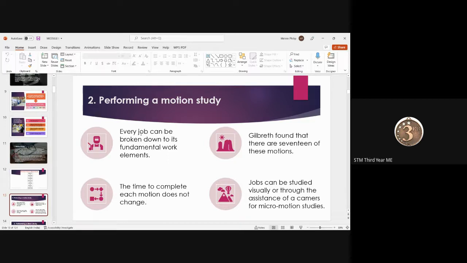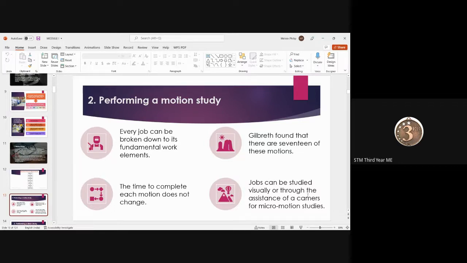That is the next procedure. From that job, we are figuring out all the operations. Each and every operation is collected from that particular work. So we are breaking down the job into work elements. That is the first one. Then we will analyze